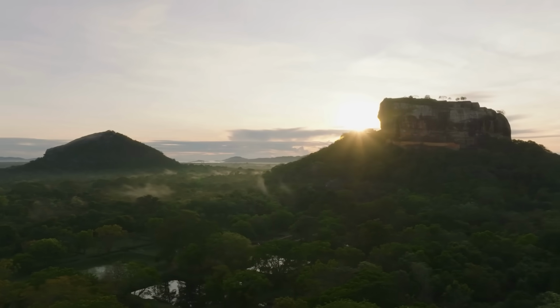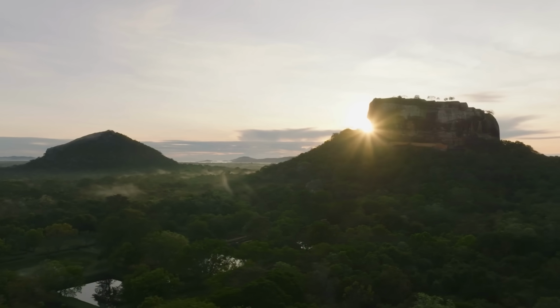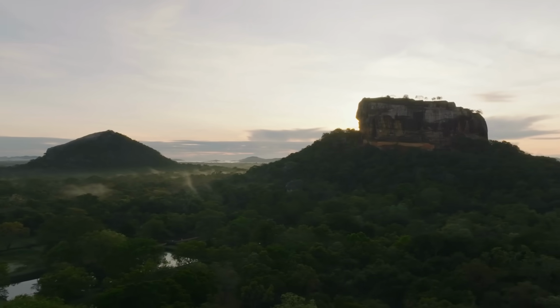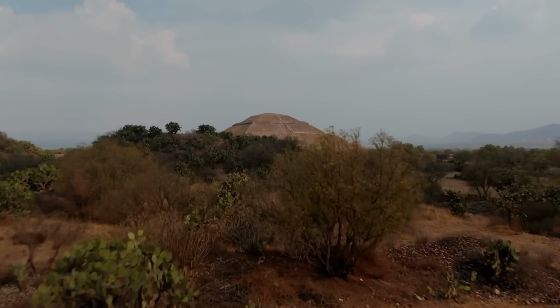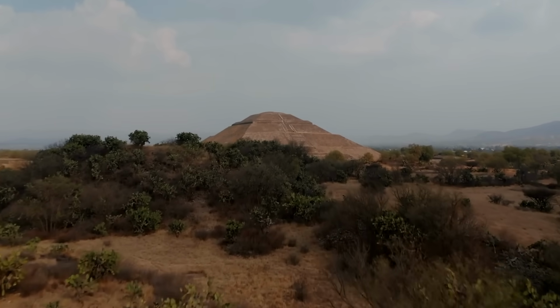The granite was sourced from nearby outcrops, likely quarried by splitting the rock using controlled heating and cooling methods, or by exploiting natural fractures. Once quarried, the stone blocks had to be transported to the building site. While the distances were not as great as those for some Egyptian or South American megaliths, the sheer volume of